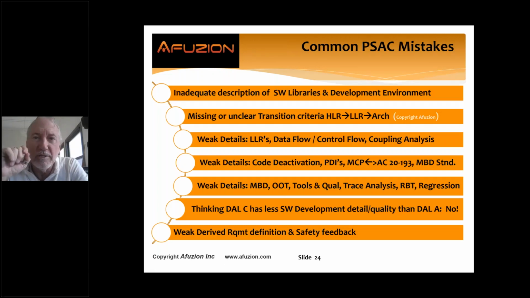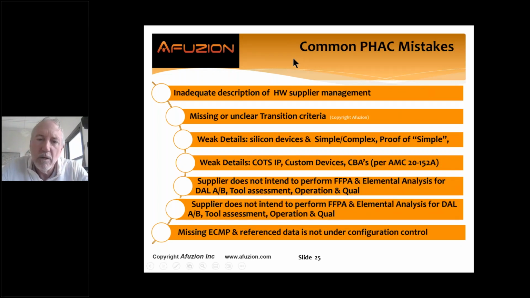Now, 178C does not give us the recipe, doesn't tell us how to do that. It says that's your responsibility. 178.254. They don't provide the boundaries, the recipes. They can't. It's your project, our project. We have to do that. That's the purpose of our building plan, the PSAC and PHAC. Okay? Let's look at PHAC, shall we?